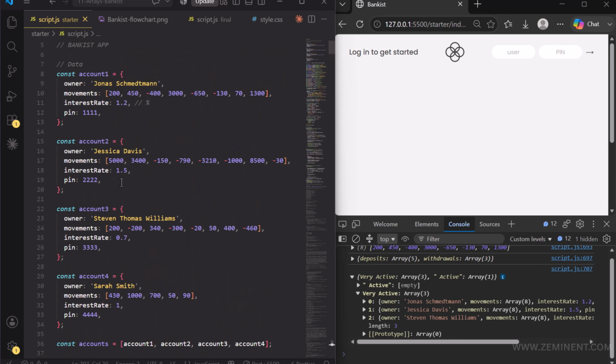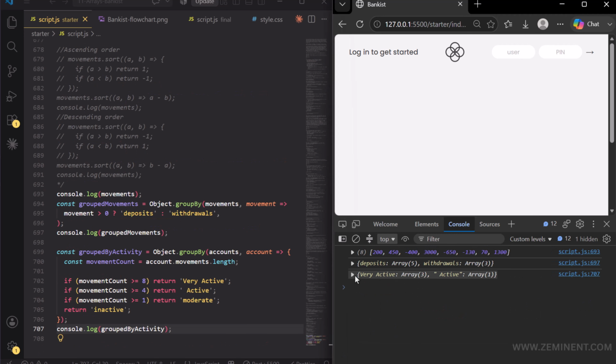See here in these 3 accounts we have greater than 8 these movements count. So here also more than 8 and then 8. So here in this Sarah's account we have only 5. So that's why this is active. And now how can we manually create these different groups and assign each of the elements in the array to